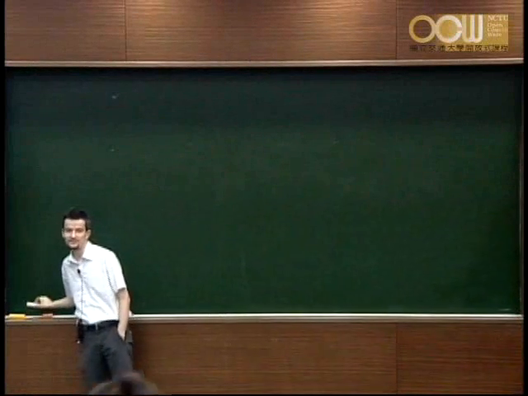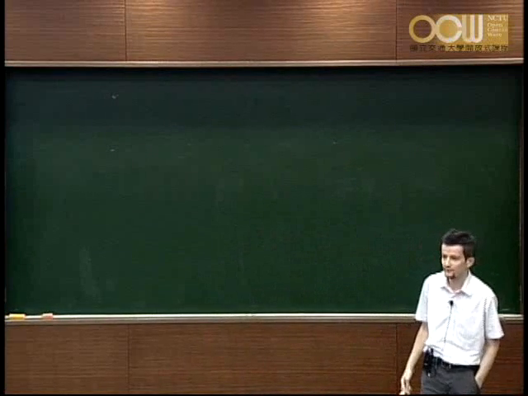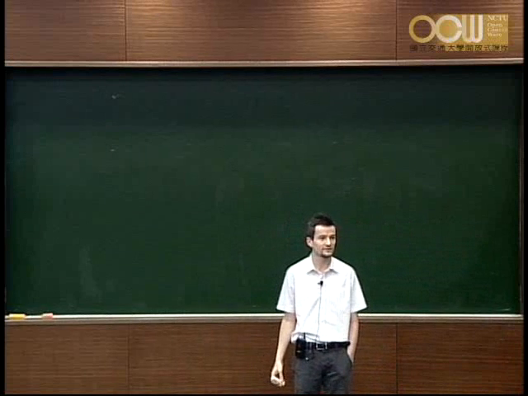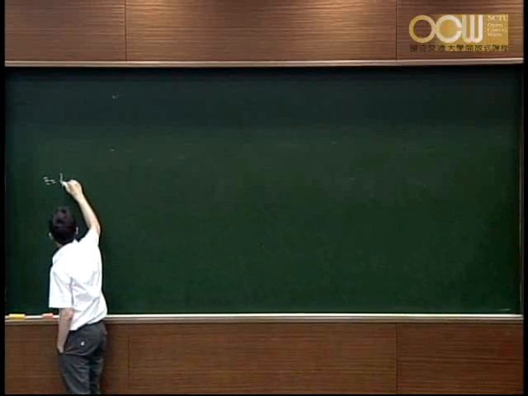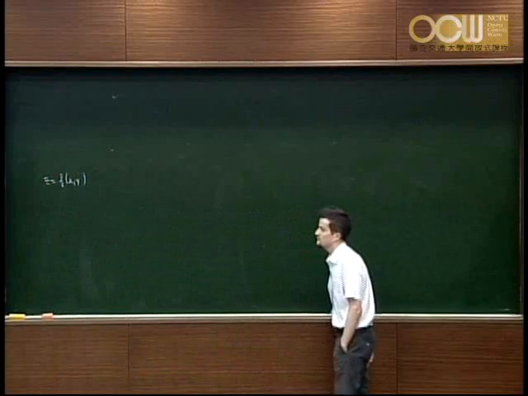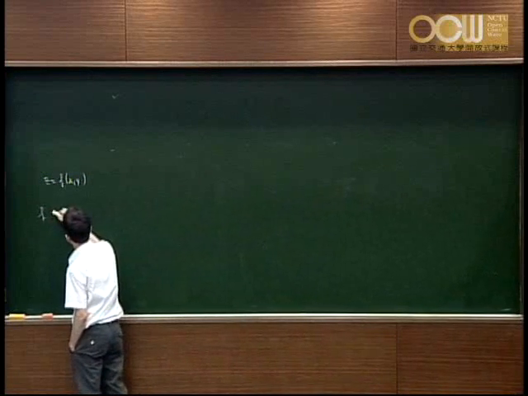Last time we defined what it means that a function of two variables is differentiable, and also a function of more than two variables is differentiable. Maybe just to remind you, I write the definition once more on the blackboard. So f is differentiable